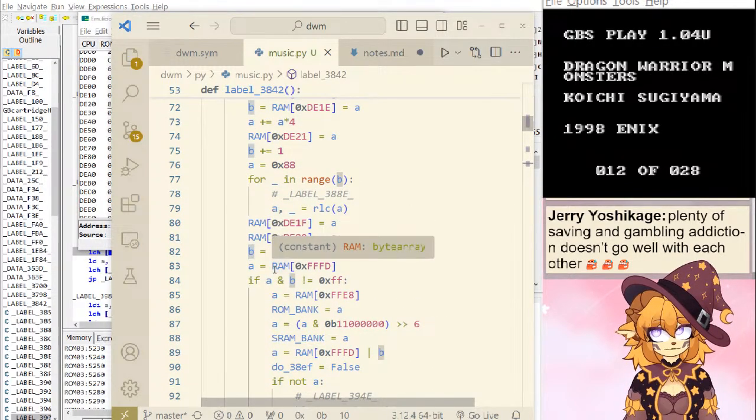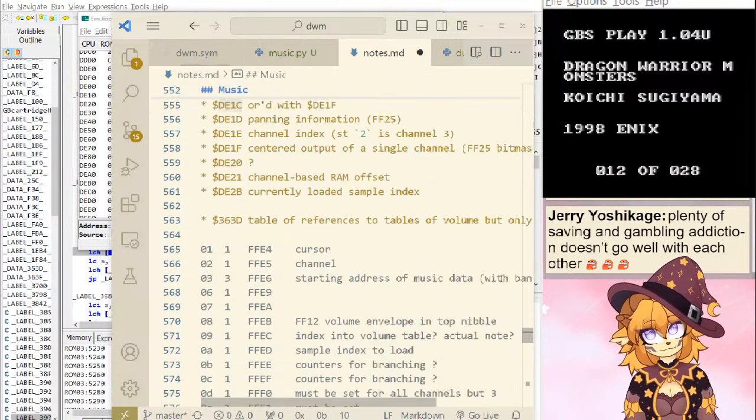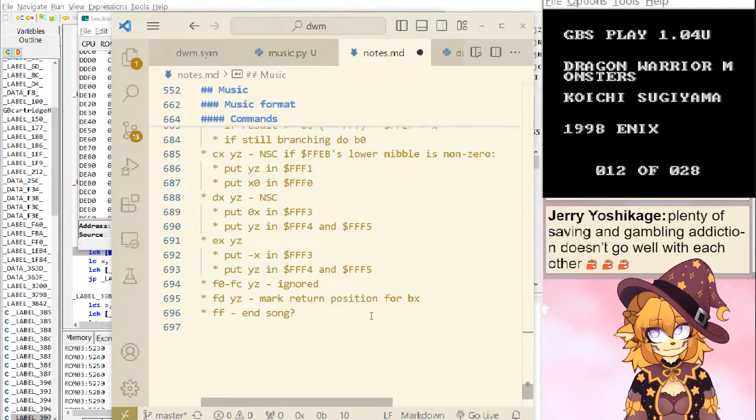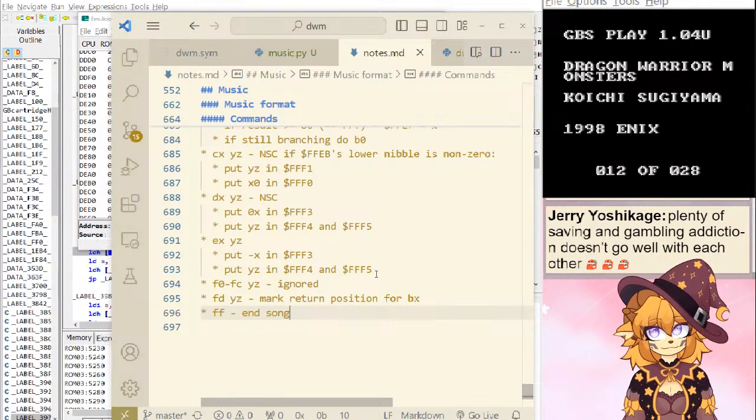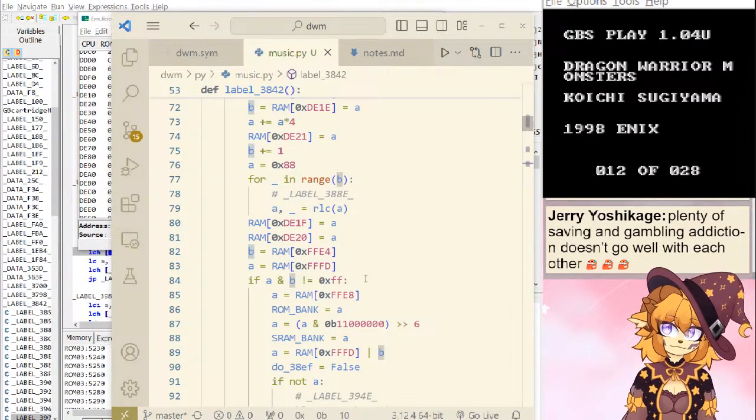FFD is, yeah, so, okay, so that does end. We're going way back here. This does end the song for sure, because it set these both to FF in that case, and that's what this is checking. The song is not ended.